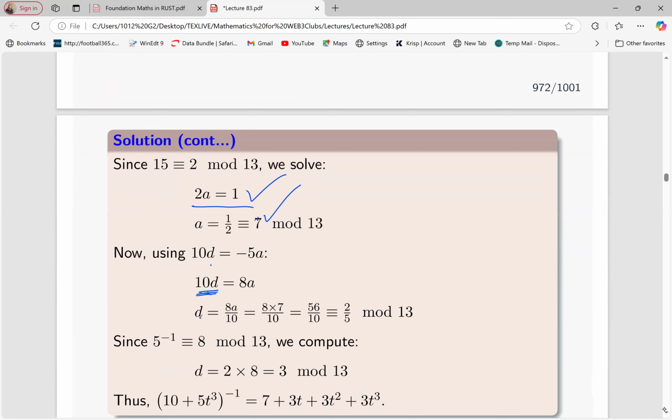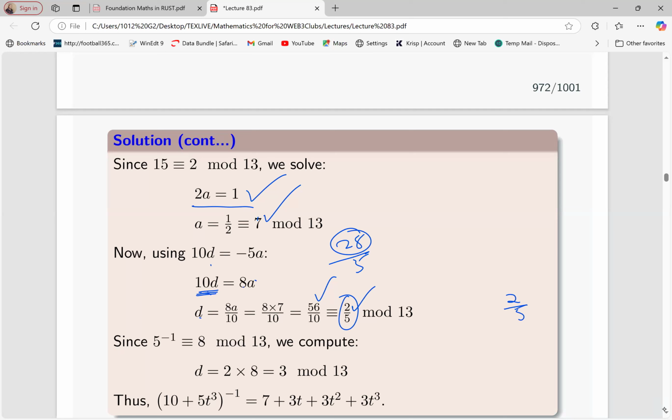So then B becomes 8A, which is 56 over 10, which of course, when you do that, you get 28 out of 5. And this is bigger than 13. You can still reduce it, mod 13 to be 2. So 2 out of 5. But now you've given a code, a method of doing inverse, so that whenever you have 2 raised to some